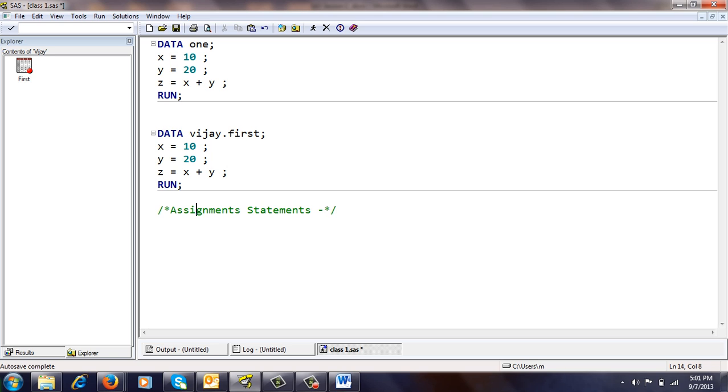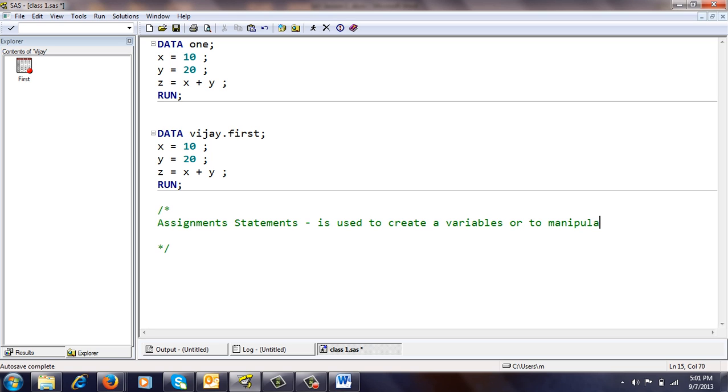Okay. Now what is this assignment statement? Assignment statement is used to create a variable or to manipulate a variable.